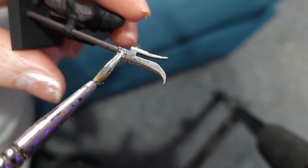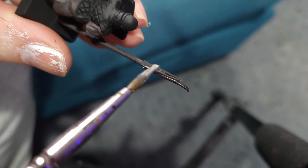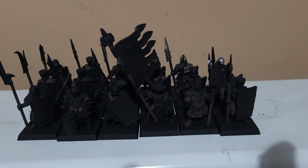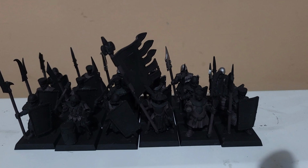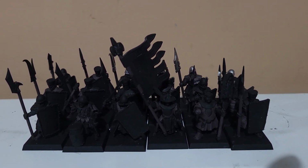Next week will probably just be this, to be honest, batch painting this whole Men-at-Arms unit. I'm going to try and get them done as quickly as possible, but I also don't want to rush it because I want them to look nice. And there we are, that's all I managed to get. It doesn't really look like I've done much at all, but the black's all there and